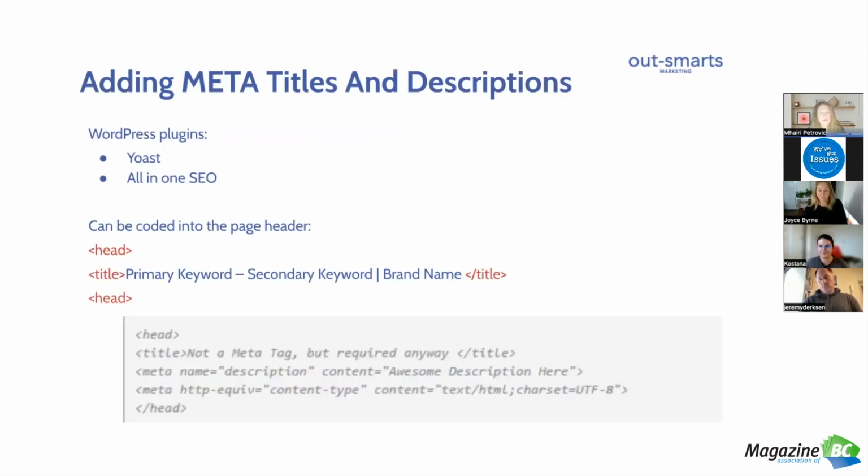So there are easy and more difficult ways to add your titles and descriptions to your website. If your site is hard-coded, you would probably have to go into the code and add it into the code on the site, or get your developer to do that. But these days, I'm going to assume that most of you are using a WordPress or a similar CMS, and that makes it really, really easy because there are plugins like Yoast.